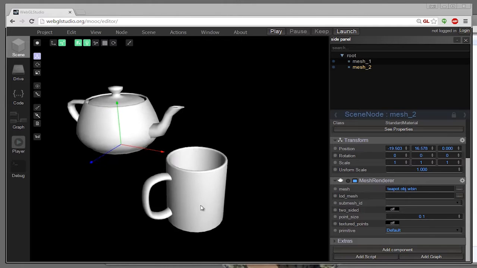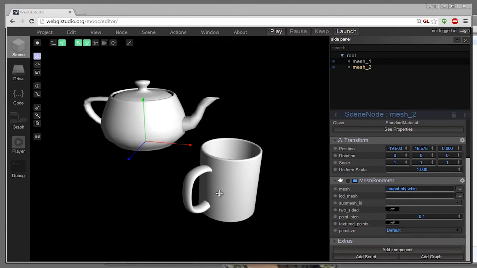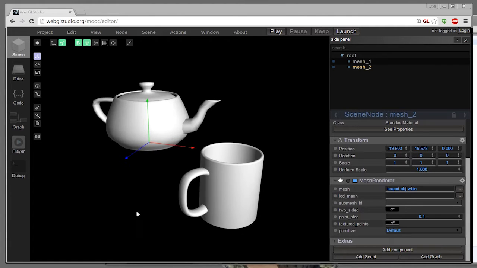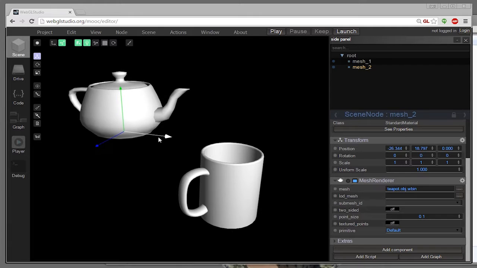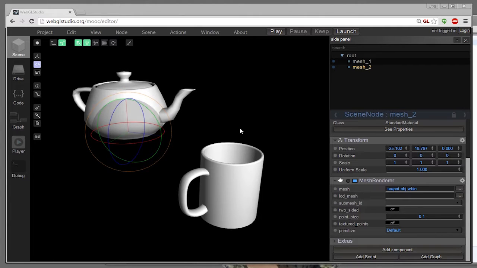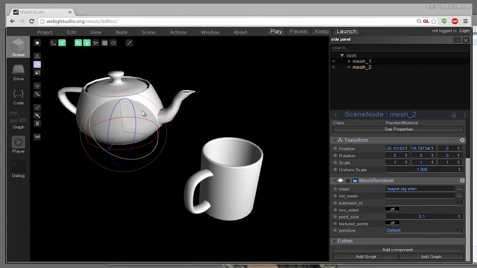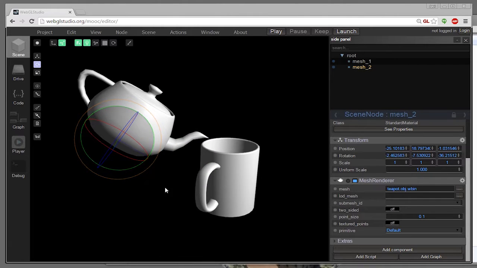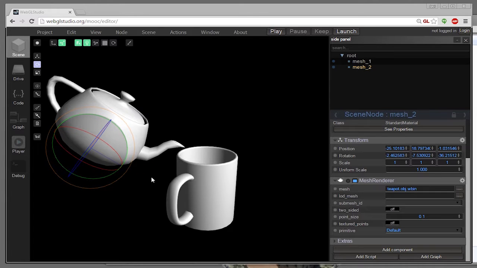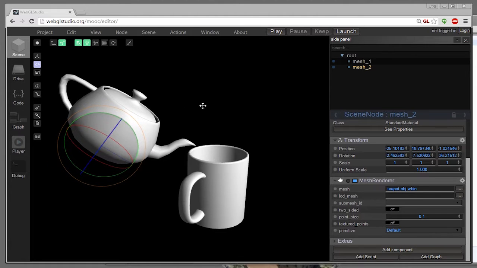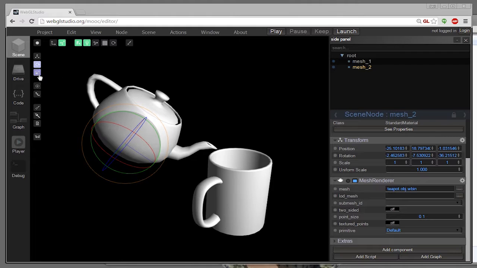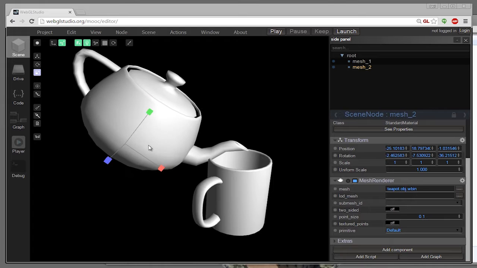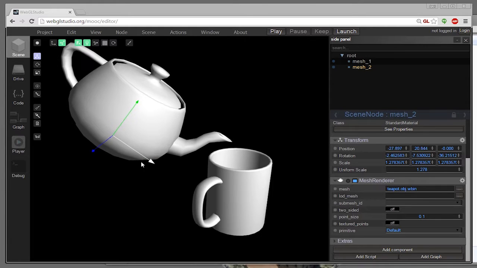But if I want to make the scene like the teapot is pouring tea inside the cup, I need to not only move the object around, I also need to rotate the object. So for rotating, there are also these gizmos, and I can click on this gizmo, I can drag it, and now I have this teapot more in slope. And finally, there's another very common transformation, which is called scale, that allows us to take any object and change the size of the object. Okay, so I'm going to leave it like this.